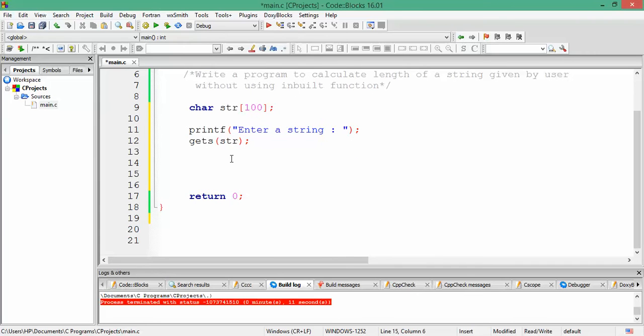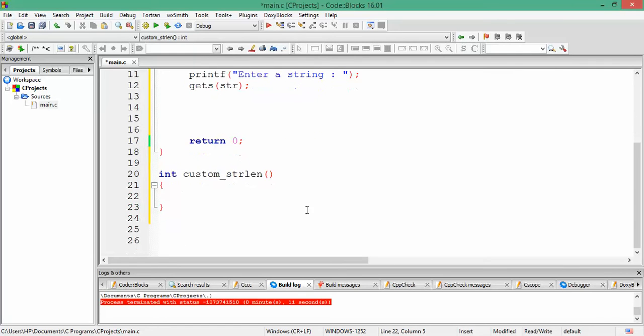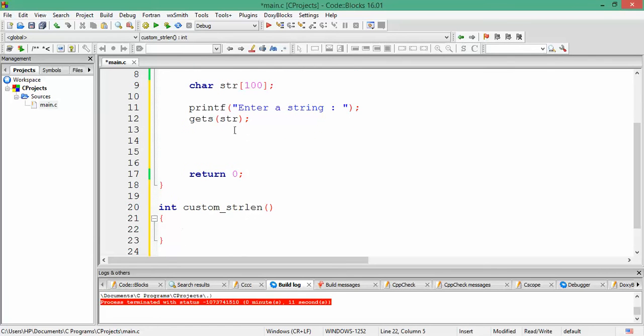Now after getting the string from the user, first of all let us define the custom string length function, which is going to return the length of the string, which is of data type integer. Let us name the custom strlen function custom_strlen, and the parameter of this function would be the address of the string, the address of the character array in which the string would be stored.